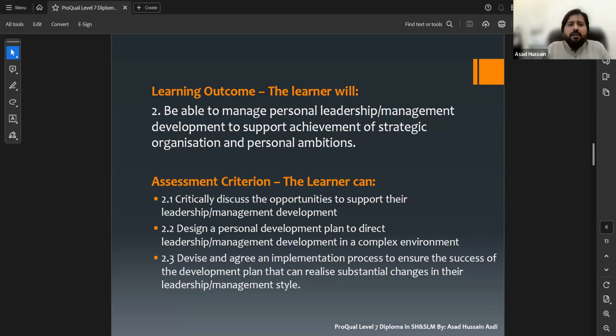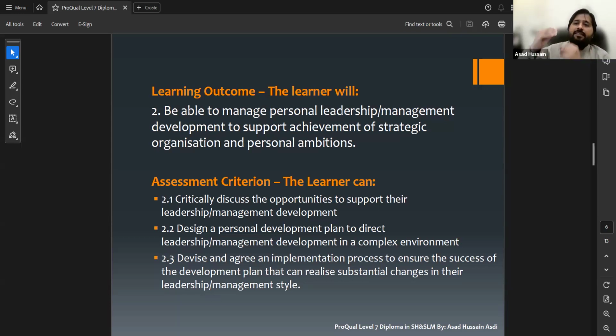So basically, the requirement of this assessment criteria is that the candidate should critically discuss what opportunities he is having in the organization to support their leadership management development.